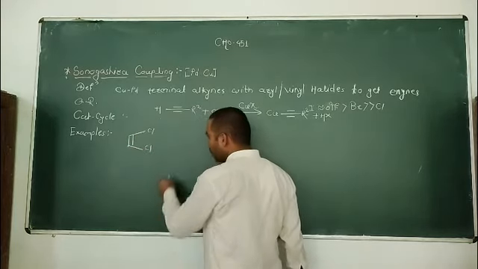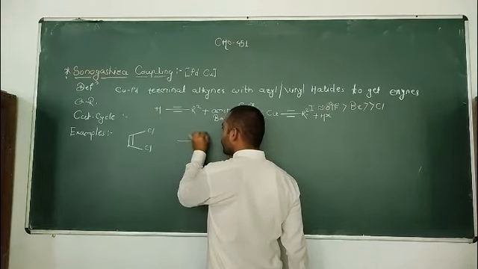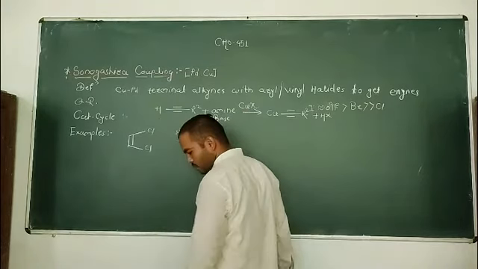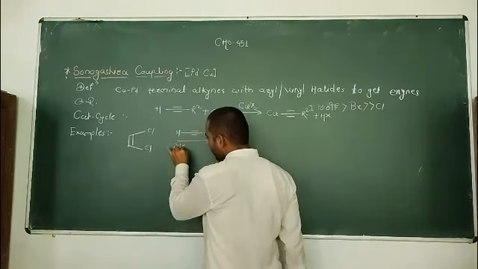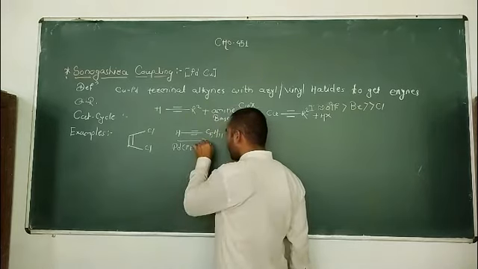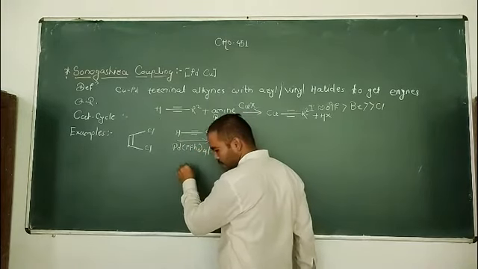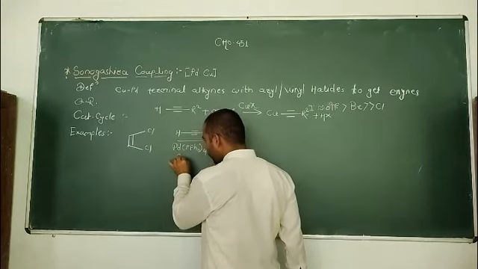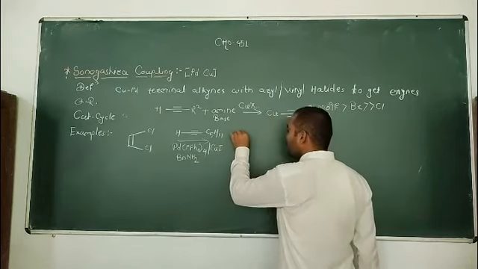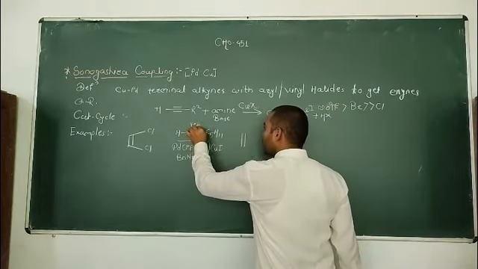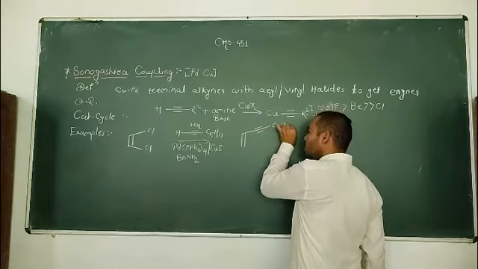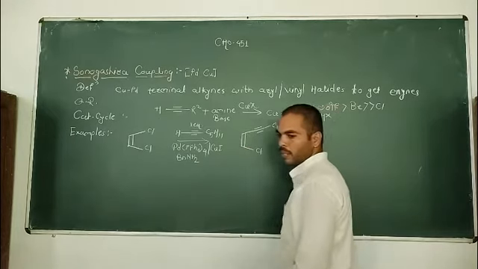Here we use one equivalent of alkyne, C5H11, in the presence of a palladium catalyst, triphenylphosphine as ligand, and copper iodide as a co-catalyst, and an amine base is also involved. We get a coupled product. Since we use one equivalent only, we get a product like this, with C5H11, and one chlorine remains as it is.